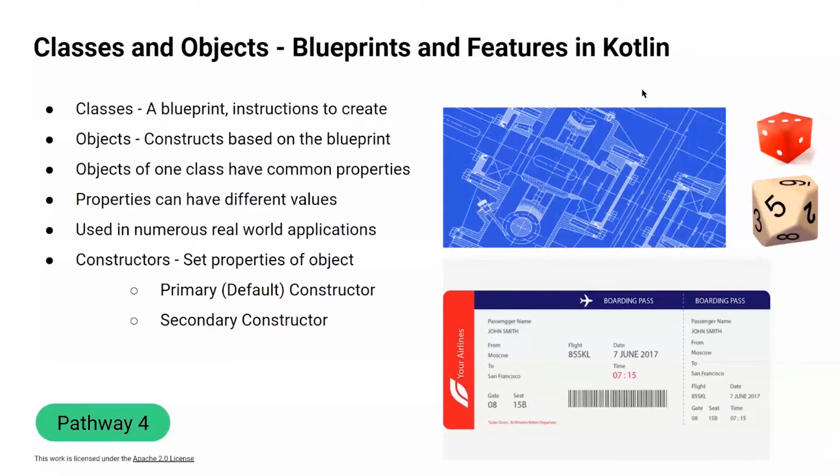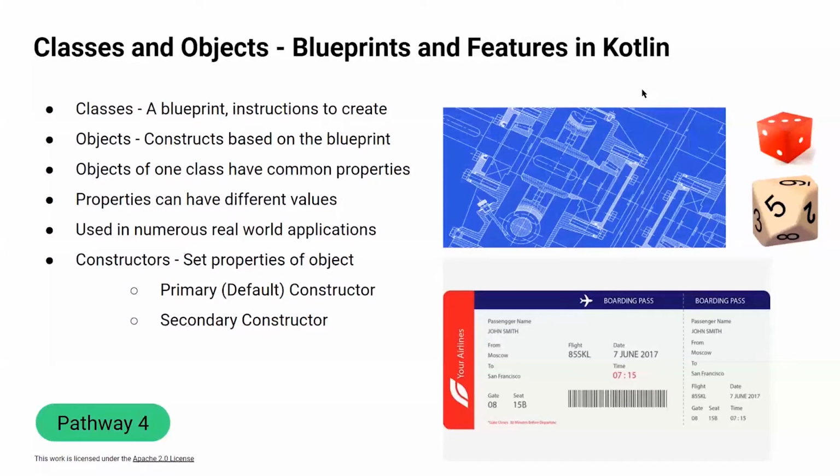Now, I understand that the terms I've used were pretty vague, and that was on purpose. I didn't want to get ahead of myself, but let's define these terms properly. A class is, simply put, a blueprint or instructions of some sort to build something. To put it into context, the category I kept mentioning would be a class. So phones, houses, fruits, dice would all be classes. And just like a blueprint, a class tells you what you need to build something, but doesn't go into the details. This would mean the properties we talked about.